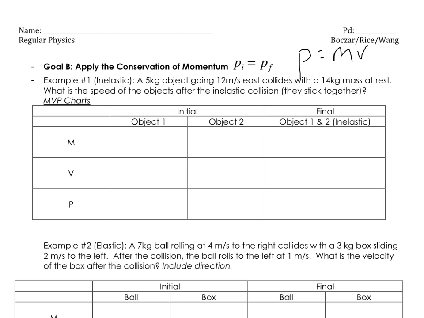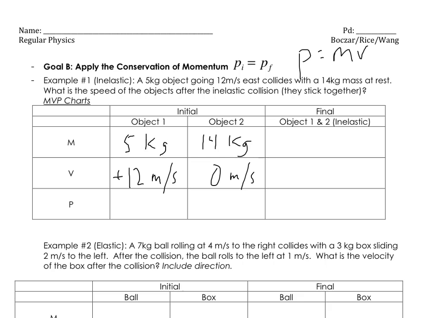So we look at what we have. We have a 5 kilogram object, so we'll call that object 1. I'm going to call that 5 kg, and we know that it's going 12 meters per second east. Now if you think of a compass, east is to the right, so I'm going to call that positive. Remember, velocity is a vector, so it does have a direction, so we've got to be careful with that. For object 2, it's 14 kilograms, and it starts at rest, which means that its velocity is simply 0 meters